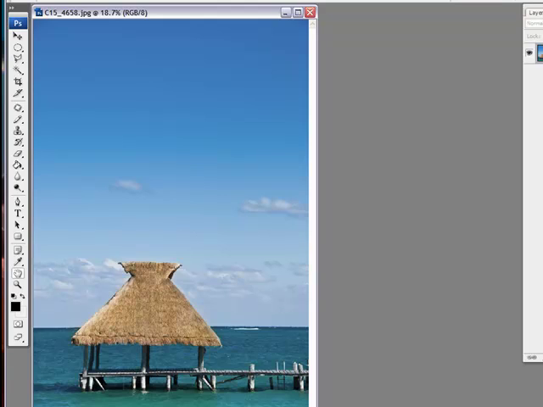If I look at a before and after, it took me 2.5 seconds with the Patch tool to remove unwanted clouds in a nature scene. As you can see, it's a pretty easy tool to use. It's not that complicated, so go ahead and practice it